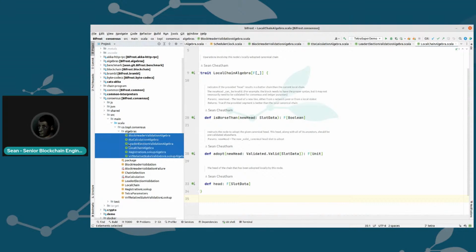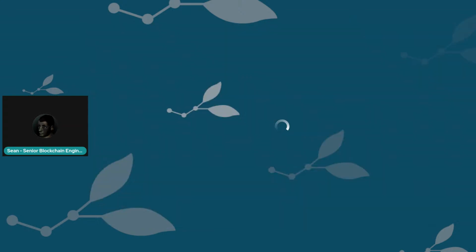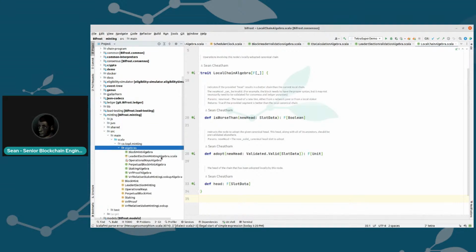But I haven't included things that are included in... so the next thing on our timeline, minting. So here in minting, we have another module. And this thing is responsible for